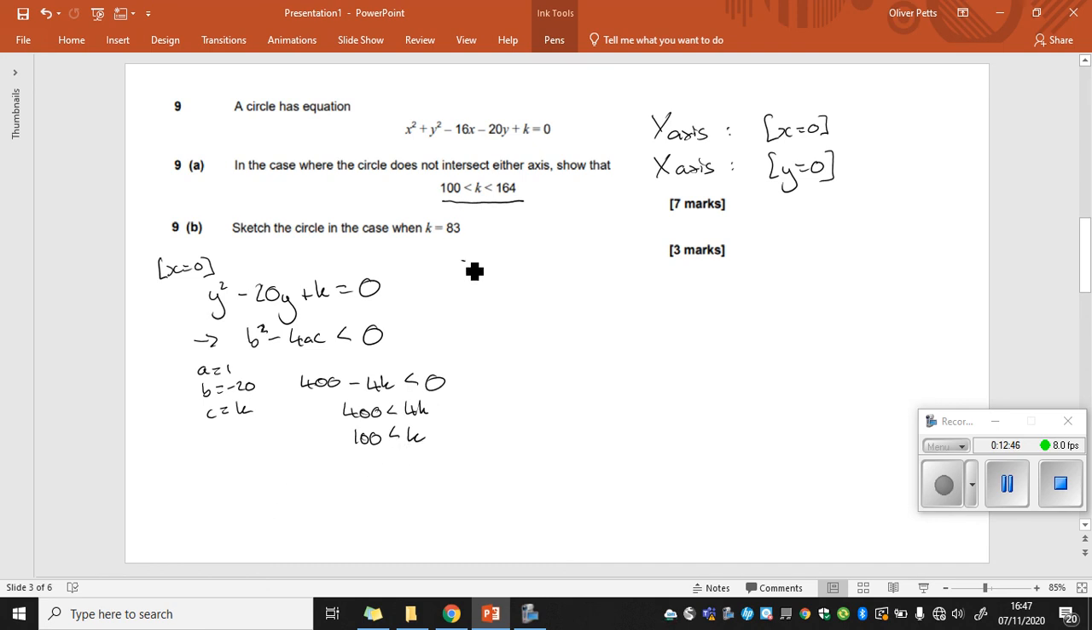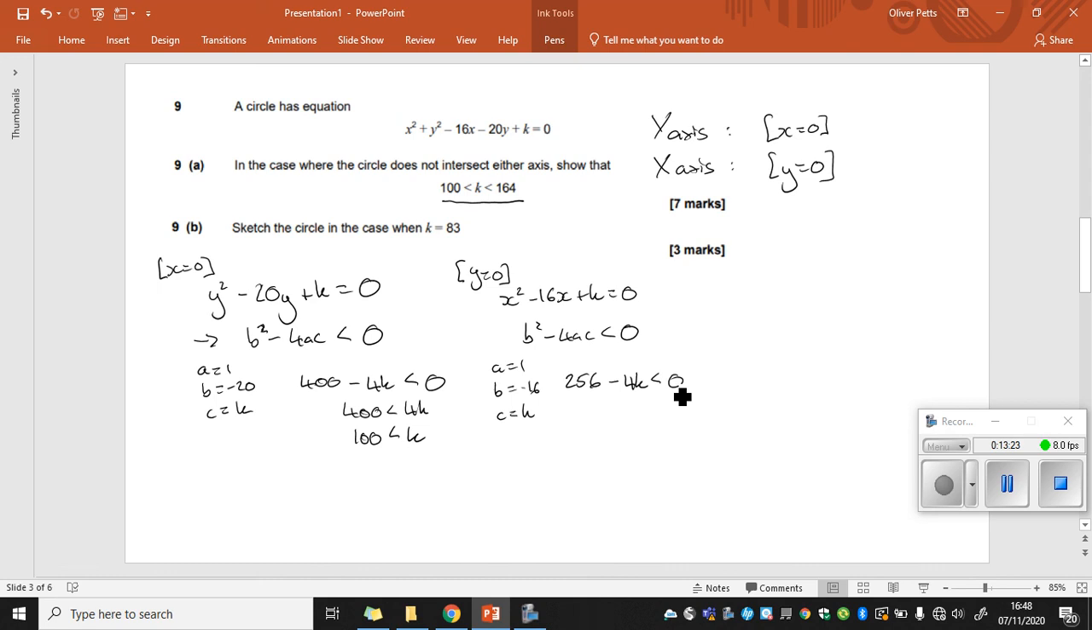So what about the situation where y equals 0? Because we don't want any intersections with the x-axis either. So replacing y with 0, we're going to end up with x squared minus 16x plus k equals 0. Once again, we require our discriminant to be less than 0 for no solutions. So in our case here, we've got a equals 1, b equals negative 16, and c equals k. So we're going to have minus 16 squared, which is positive 256, and then we're going to have minus 4k